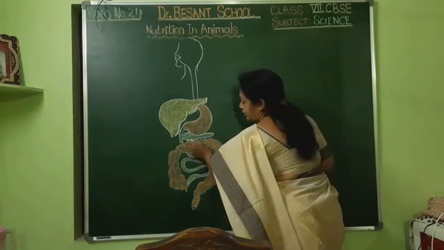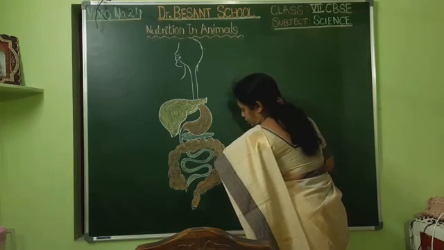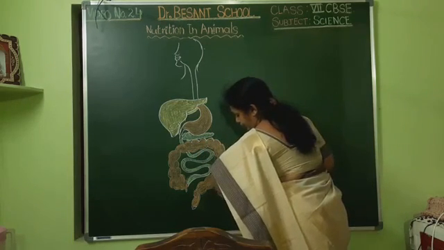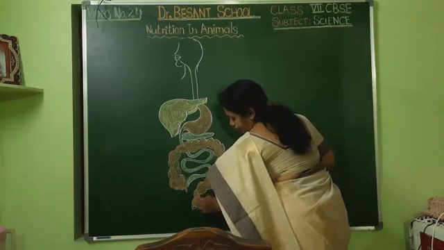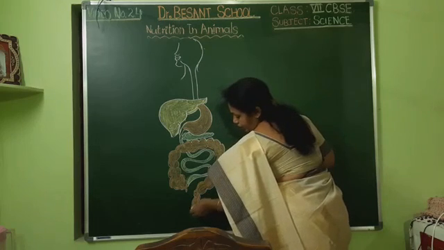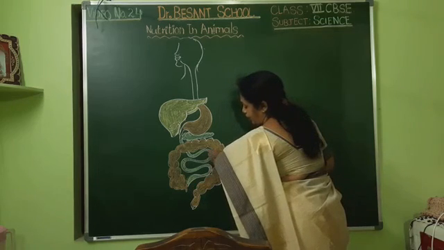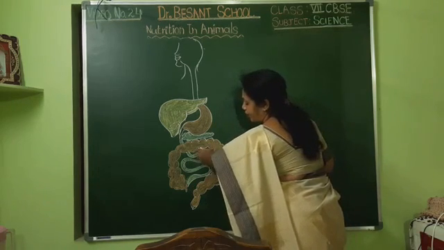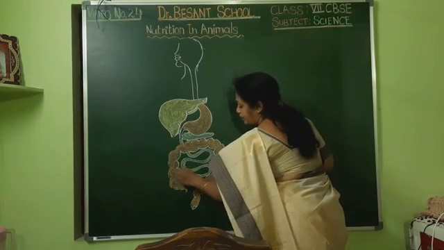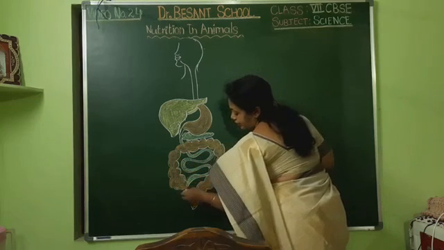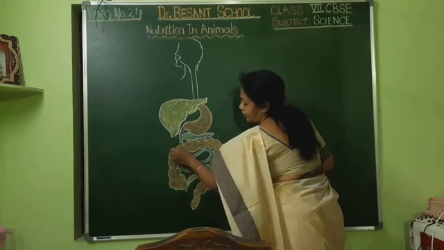Here I just outline this one. In the exam you will have one compulsory diagram, and for that you need to practice. We will see the neatness of the diagram and the labeling of the diagram, all will be observed carefully, and based on that we give the marks. So in science, without diagrams it is not possible. You all have to learn a lot of diagrams.